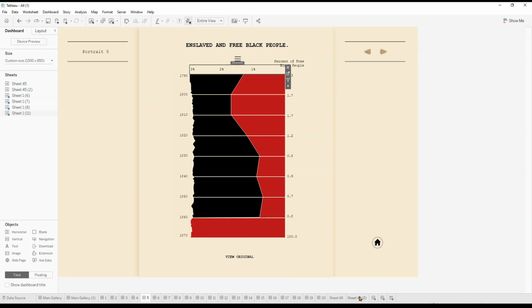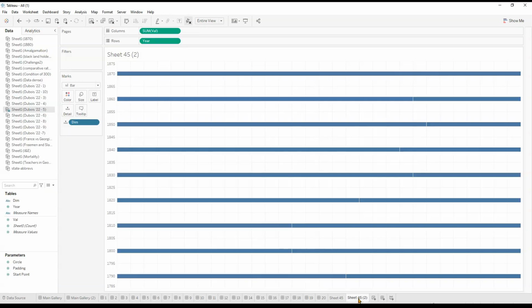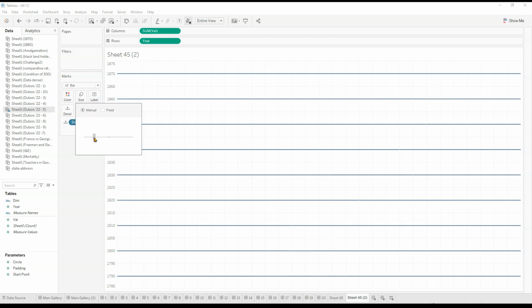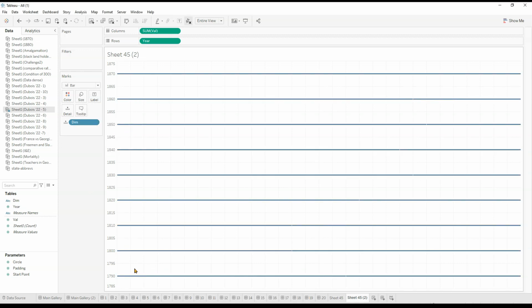So pretty straightforward, but of course you kind of need to get creative with it, if you will. So we're going to do this by hitting size. We're going to go very slim right here. And we don't need this year axis, so we're going to right click, uncheck show headers. We know that these grid lines are going to be a distraction, so we want to hit